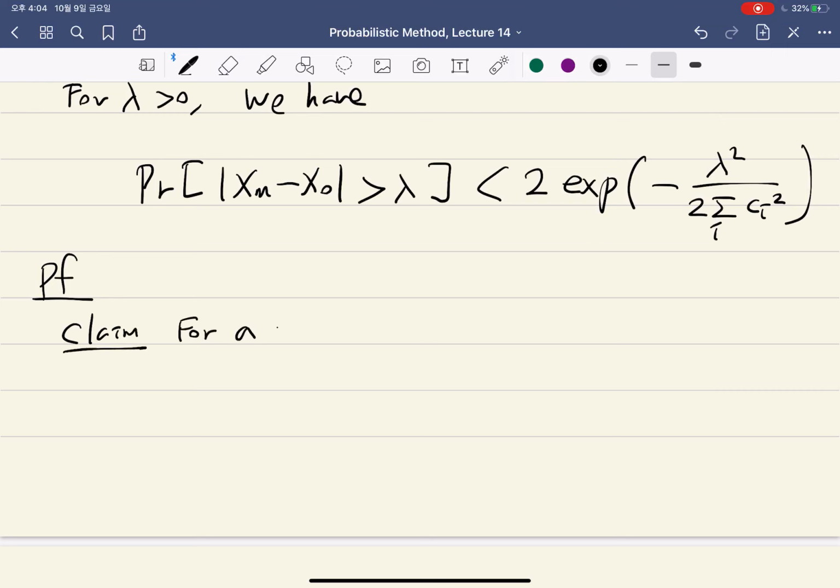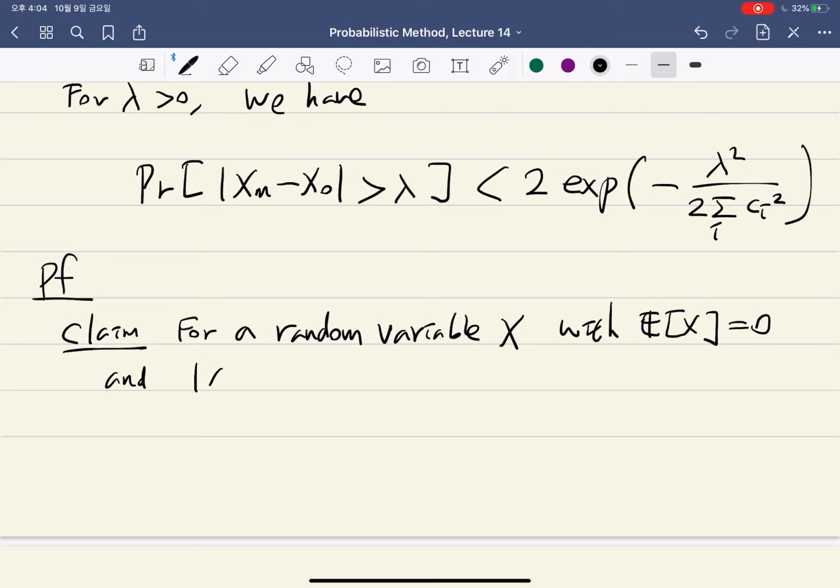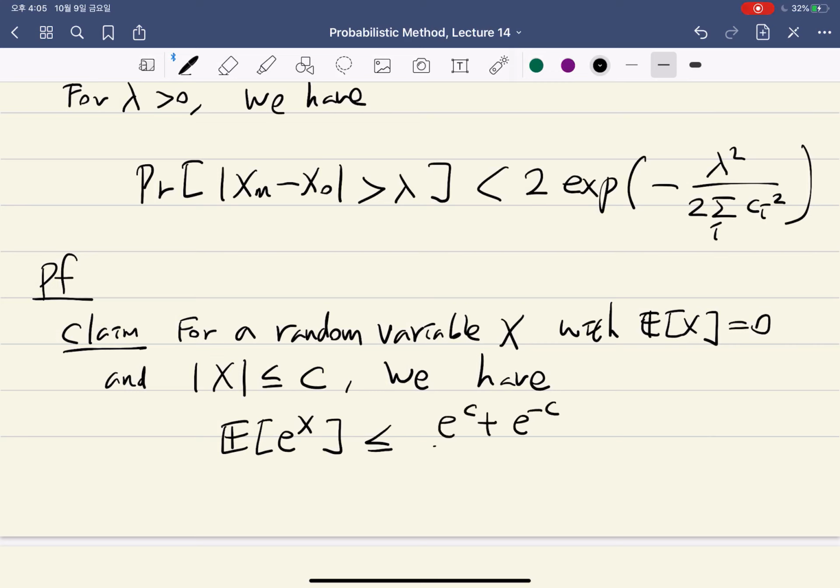So when we have a random variable x, which takes the value in real numbers and which has the expected value 0, and the absolute value of this is never more than some constant c, then we can actually bound the expectation of e to the x by (e to the c plus e to the negative c) over 2, and which can be again bounded by e to the c squared over